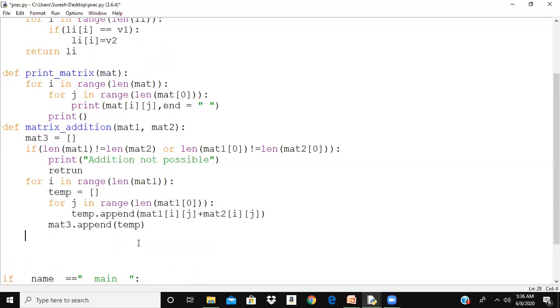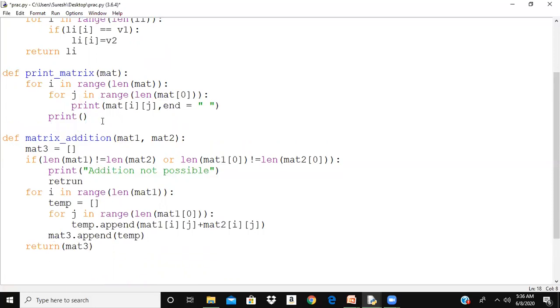So at the end I want to return mat3. So this is very simple code. If you don't understand, try to go through the code again. Why am I creating mat3, why am I creating temp? If you just understand that, everything else is very straightforward.